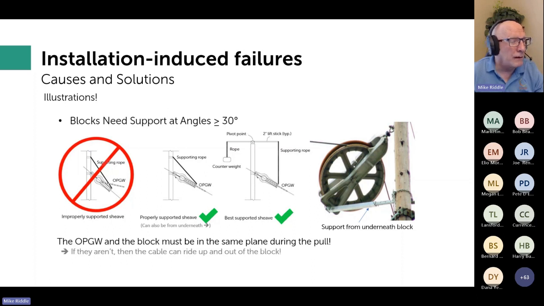Arguably, a little bit higher would be better versus the situation that you have here. You can do that with a rope. You can do this with this counterweight system. There is a commercially available block support that's designed to go under the block, like what you see in this picture. All of them help, but you'll notice this is a lined block, and I said earlier I don't line blocks, but this is the best picture I had. So, key concept: try to keep the cable and the block in the same plane as best you can. You need this especially at angles above 30 degrees, as I say here.